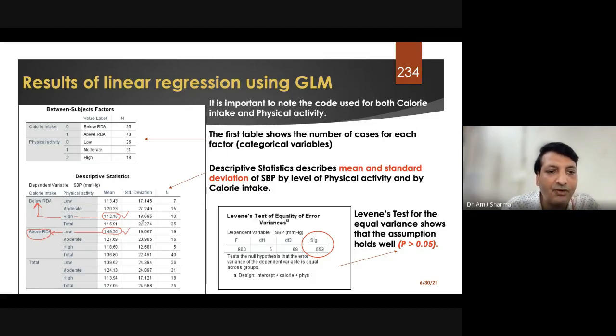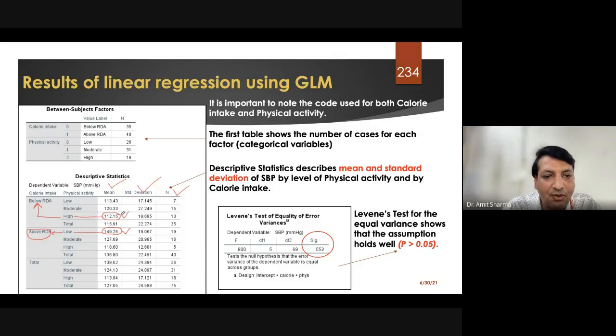So you can find out here that high physical activity decreases the systolic blood pressure of the patient, and if you are doing low physical activity, the systolic blood pressure of the patient is going to rise. So from here, what we are going to take is the mean, we are going to code the SD, and we are going to code the N.